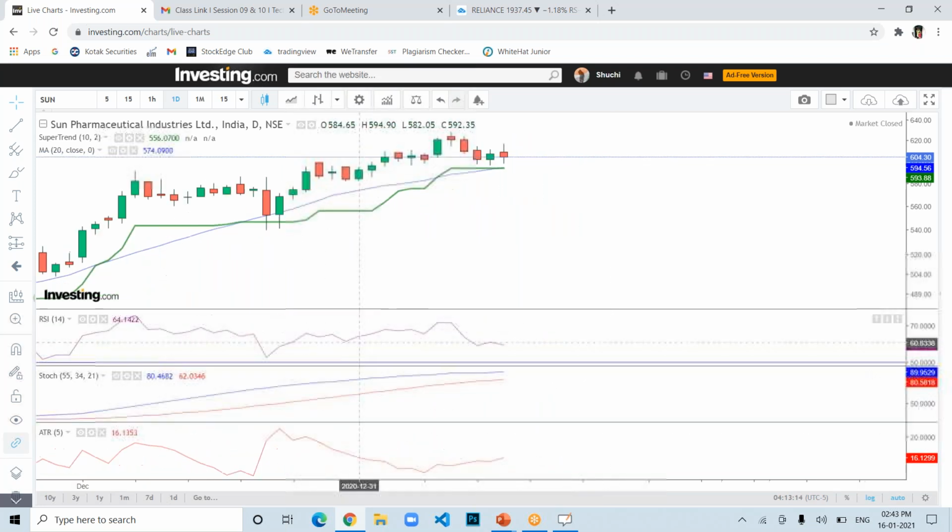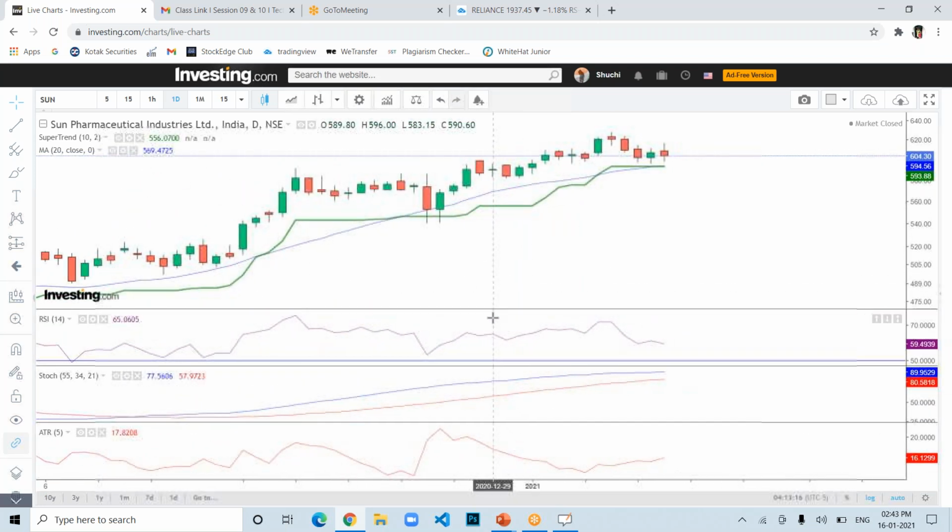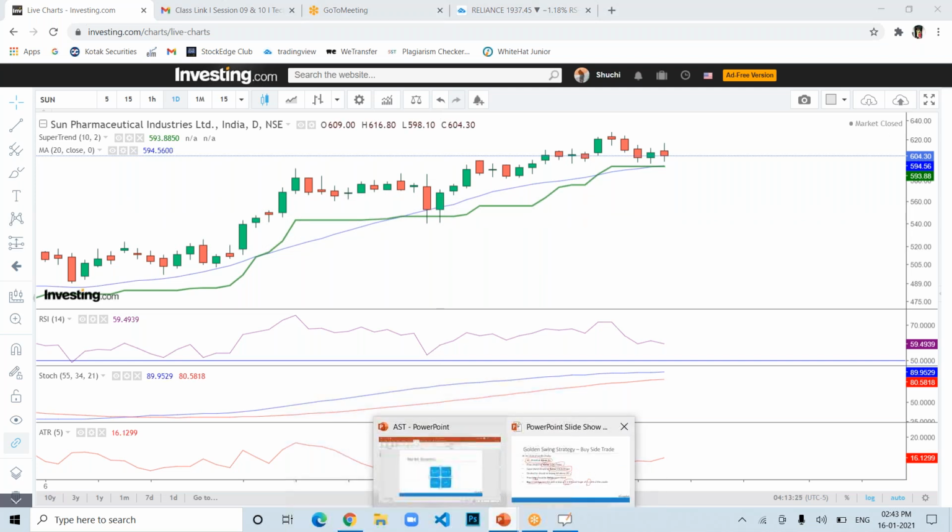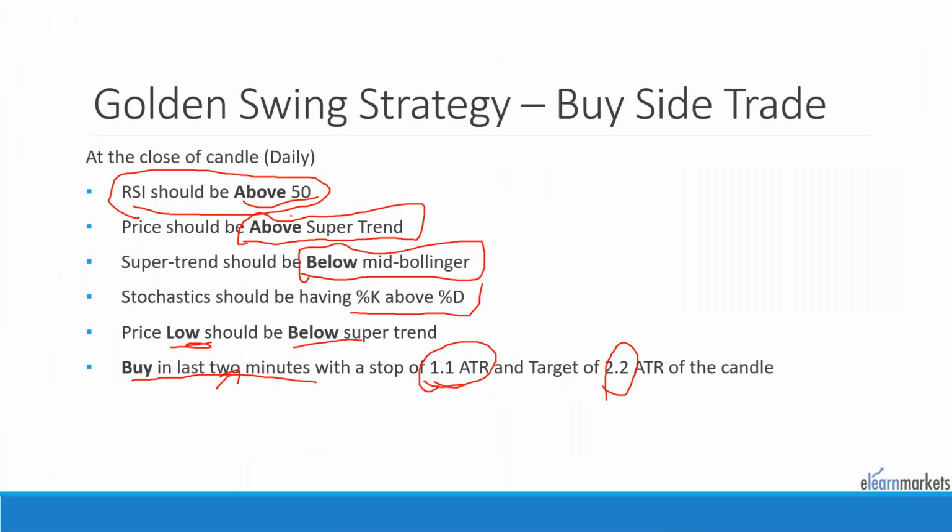Okay. Now look at this particular candle here. This is a green candle. What is my criteria? I'm showing you all again here. RSI should be above 50. Price should be above super trend. Super trend should be below the mid Bollinger Band, or I can say here moving average 20 period. Stochastics should be